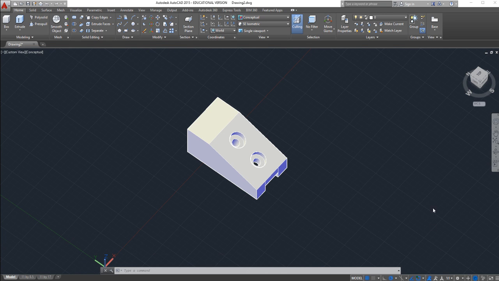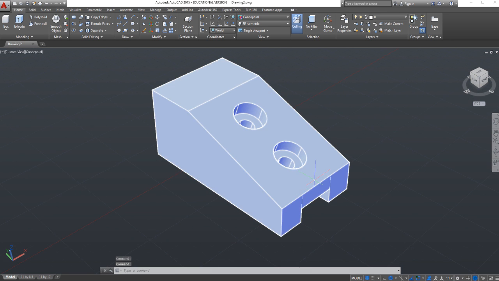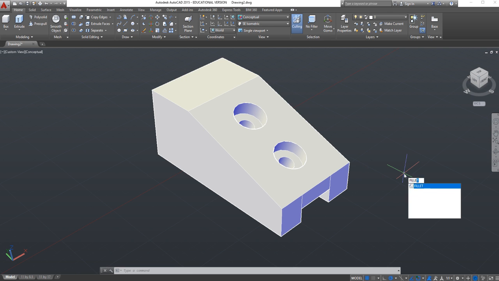Okay, now we will continue where we left off. We'll make sure and do the small house so we can see it. Now on this we want to do what is called a fillet. We want to go ahead and make the sides smooth. Okay, so the first thing we're going to do is type in fillet,